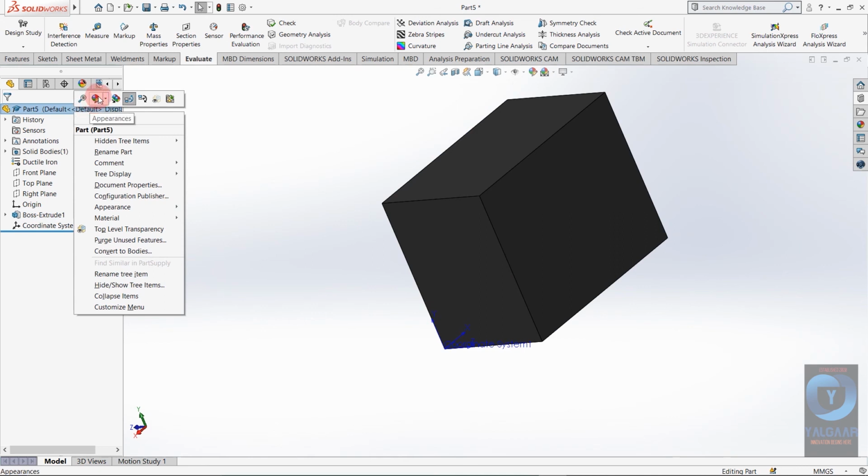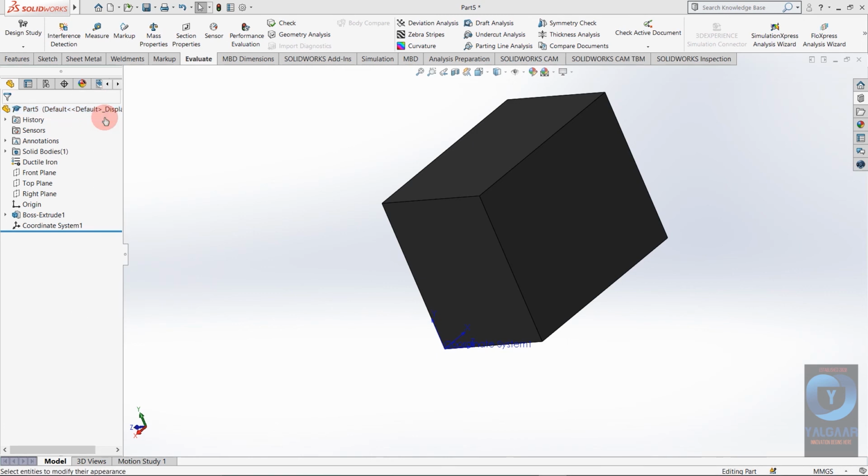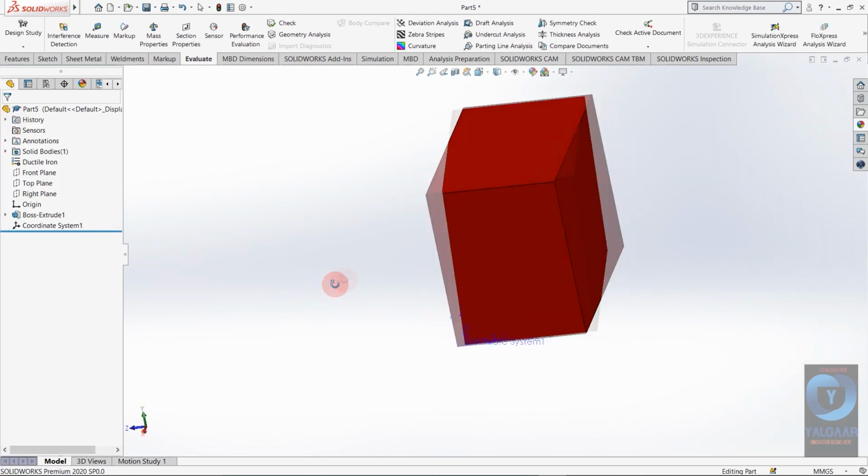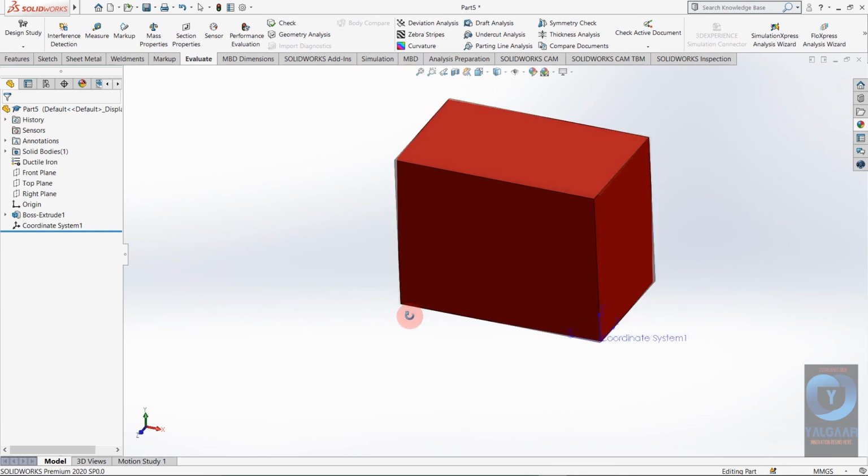Here you can edit appearance, select whole part. Now you can apply any color you want. So I want it red. As you can see, it is now red.